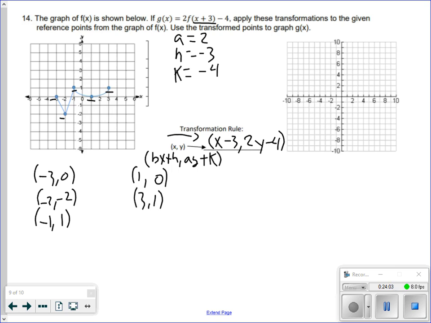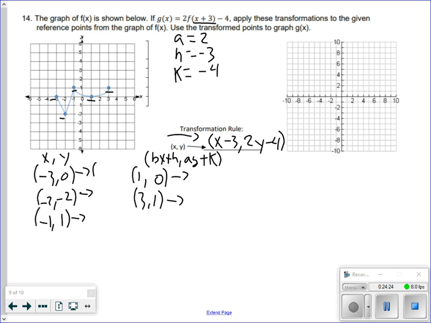Right, so these are my 5 transformation points, or my 5 reference points, sorry. I'm going to plug them in to my transformation rule. So these are my 5 points. I plug them all in, x and y, into those points. So remember, these are x's, those are the y's. When you plug them in,